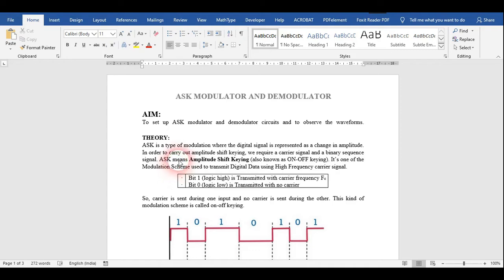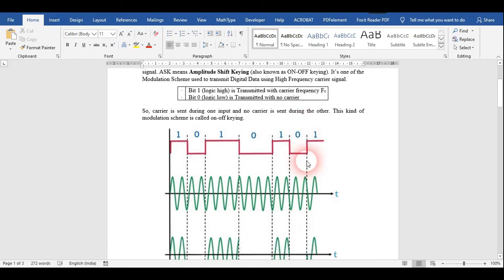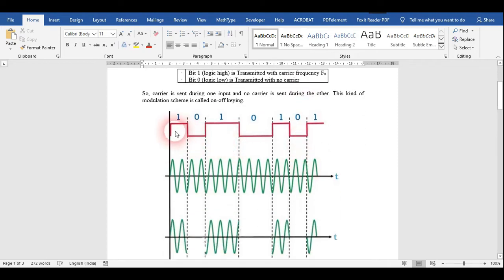To carry out ASK we require a carrier signal and a binary sequence signal as input. ASK is also known as on-off keying. Why is this called on-off keying? Just look at this waveform. Here you can see this one is our digital signal, and the second waveform is